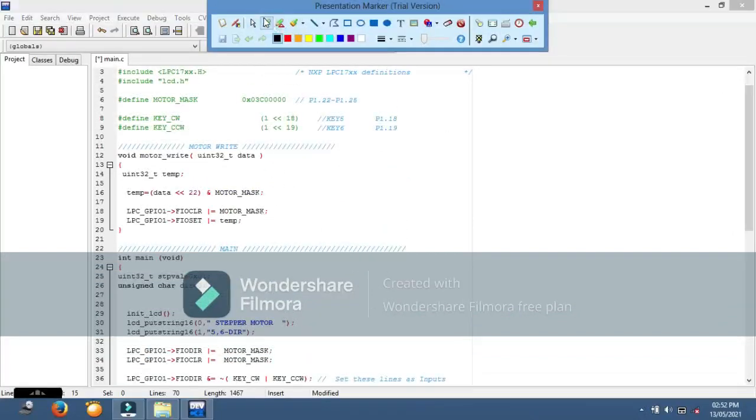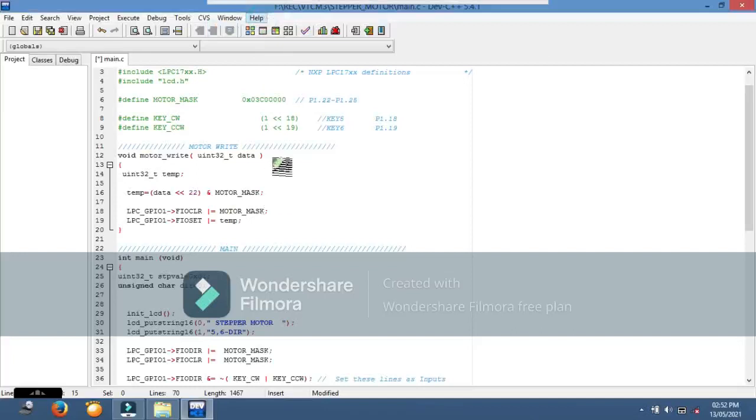In the motor write function, we are sending to the port using a temporary variable temp. That temporary variable we are writing to port 0. So whatever value we are taking in step value, the same we are taking here in another variable temp.